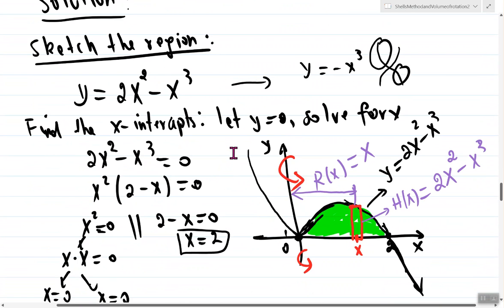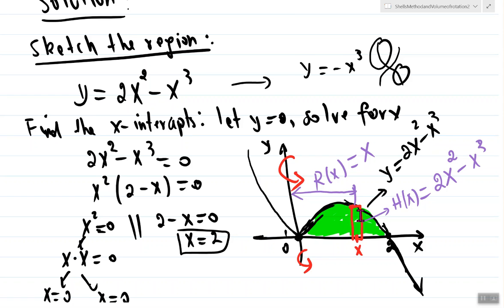When you sketch the curve y equals 2x squared minus x to the third, it'll give you this graph, and then the y equals 0 is the x-axis. So basically we get this region, and the rotation is with respect to the y-axis, so we put those curved arrows to mark the rotation. And within the region we select a point x, and then from that x we trace it to the curve, which is f of x, which is 2x squared minus x to the third, and then from there we draw a